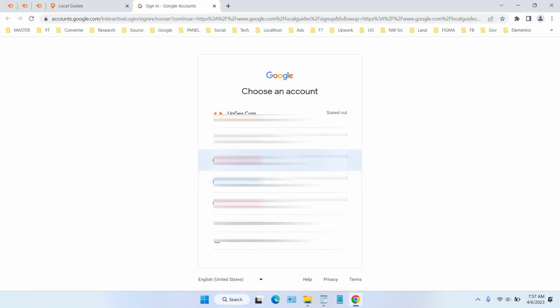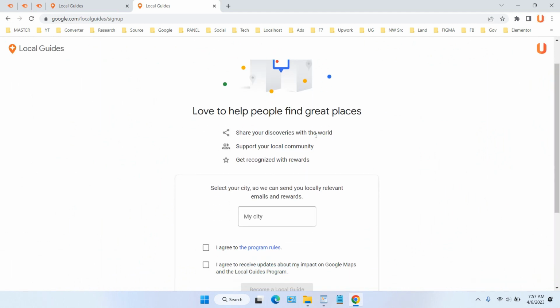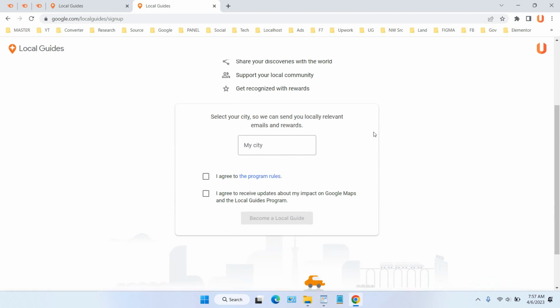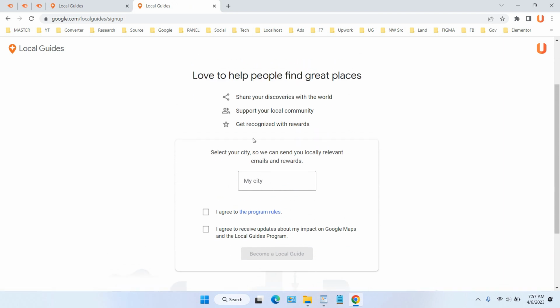In here, you need to select or log in using your Google account. I will log in using my account. In here, you need to select your country. For example, for this tutorial, we will select our country. For example, we select Mumbai in India,